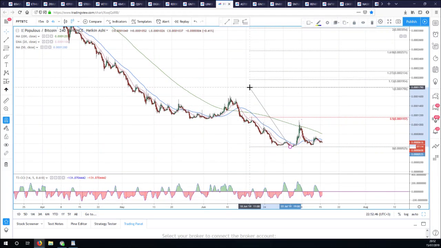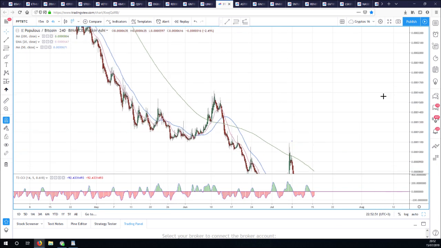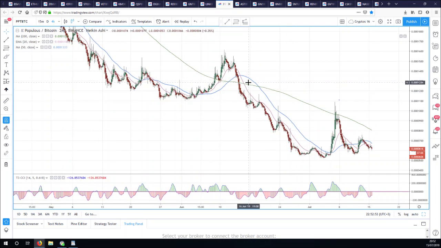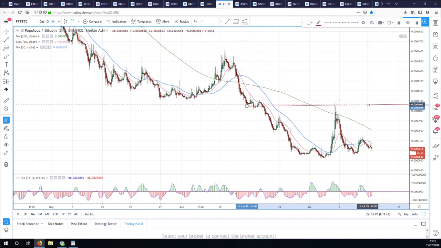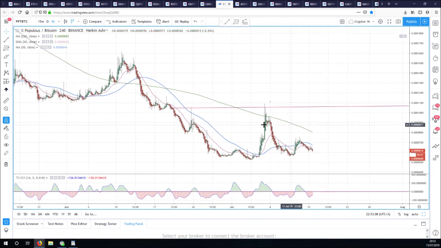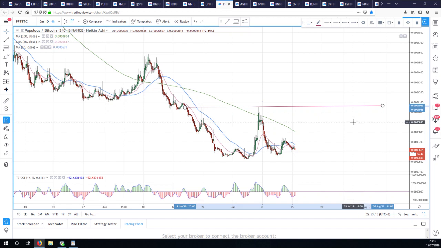The other place when you are looking at rallies where markets very often get stuck are previous highs, because that's what reverses the trend. If you think, well, a downtrend is lower highs and lower lows, then you need to take out that, for example, here we would have needed to take out this low for us to kind of reverse the trend. If we were looking in this swing of downtrend here, the last kind of big swing low was here, wasn't it? Couldn't take that one out. So, whichever way you look at it, 50% back, highs and lows, still in a downtrend in Populous Bitcoin.